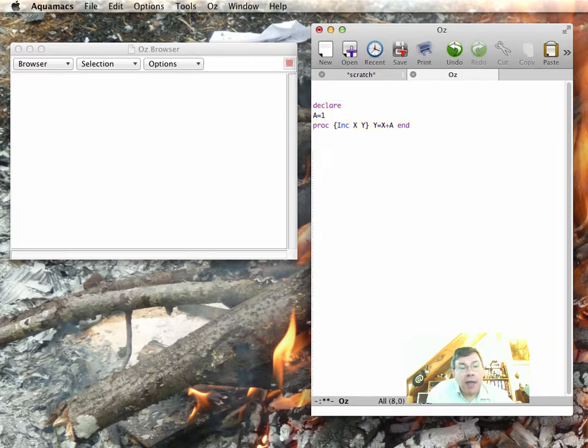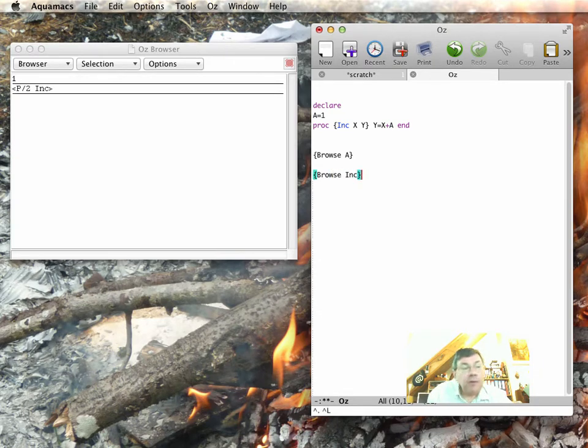If I browse a, then what do I get? I get 1. If I browse inc, what do I get? I get the procedure here. Now the browser doesn't know how to display the code of a procedure, so it displays the procedure as p/2. Okay, another way to write this